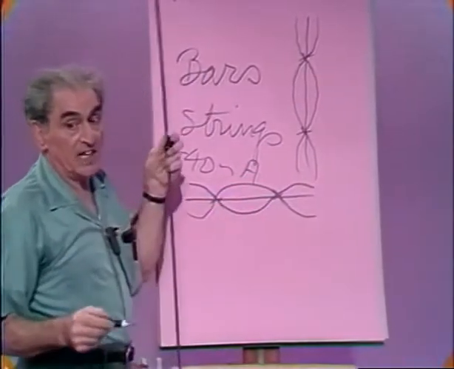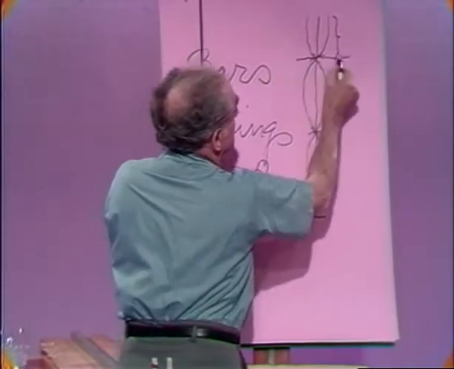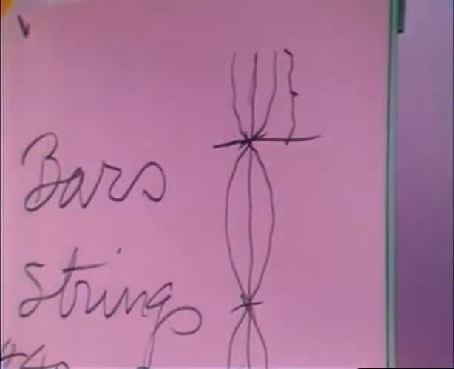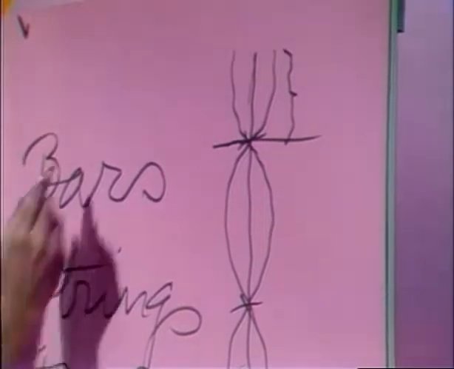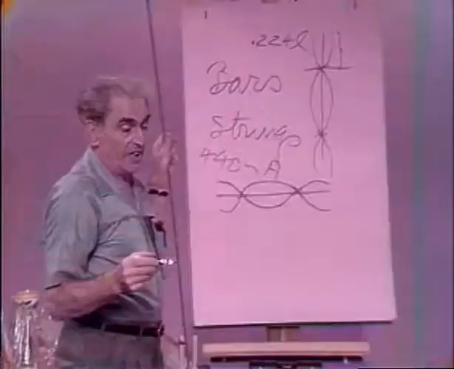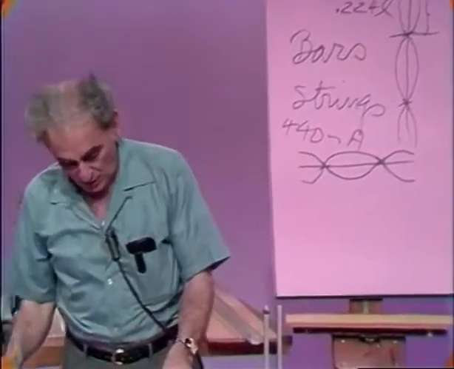And the question I like to ask is, how much part of the bar is this distance here? And nearly everybody says 1/4 the length of the bar, Professor. And this happens not to be right. I'm going to tell you what is right. It is 0.224 of the length of the bar, which is a very interesting thing for students to explore.